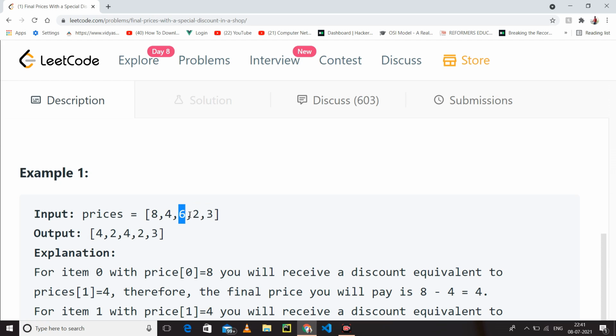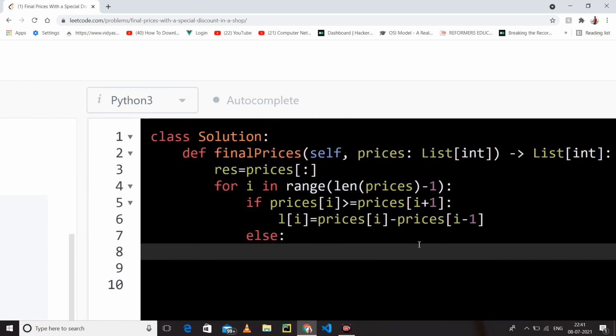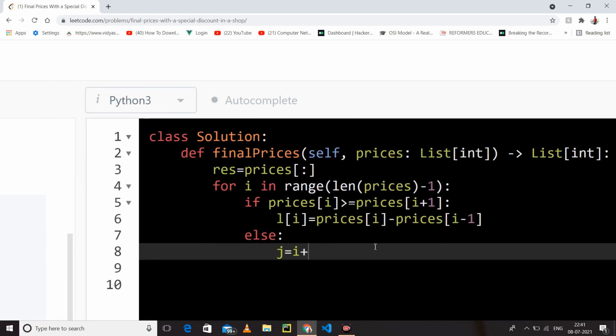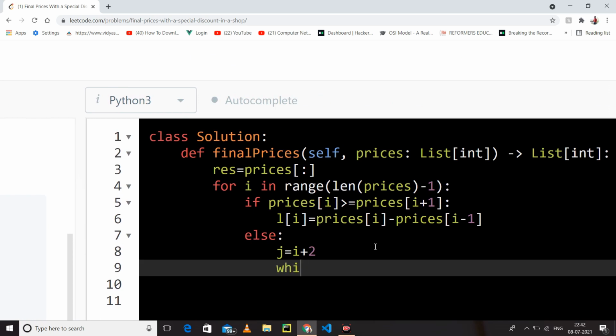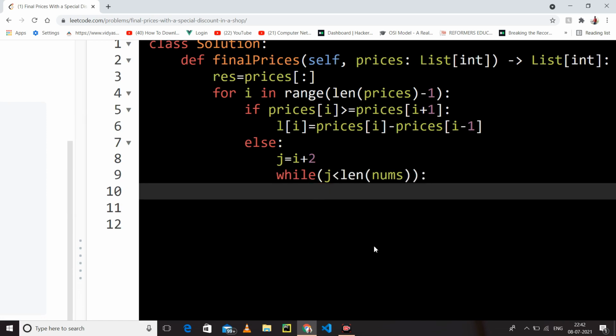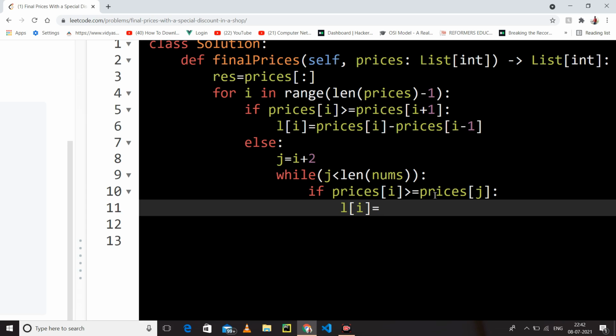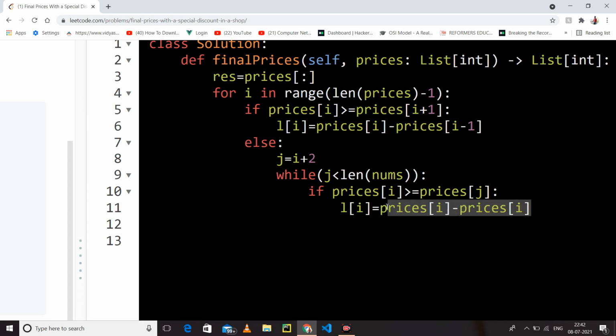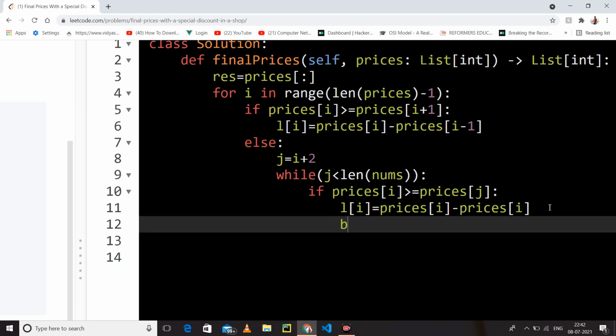So we have just checked the 6. If in this it is not possible, then we have to go for the third. Means our next index which we are going to traverse is I plus 2. Now we are traversing one more loop. We are making one more loop, and we say let me run this loop till the end, and we will check if price of I is greater than price of j. If it is possible, then we will replace our valid value with the previous value, and it is valid and we have found it. Then we have to just break the loop.